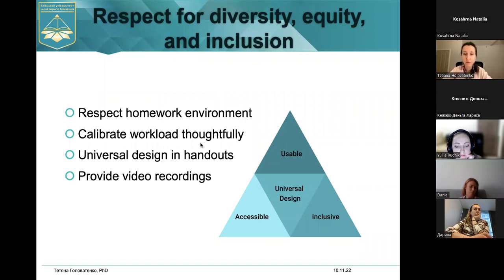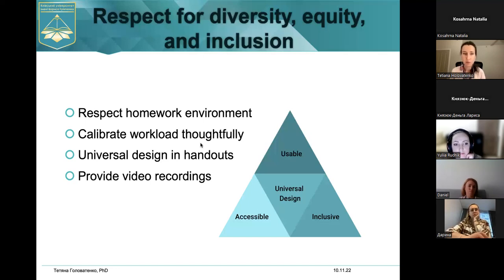Also, do not cover only presentations in your classroom, but also handouts that you share beforehand with the class. It is a very good idea for students to see those handouts before the class. Then if they want, they might print them, or they might upload them to different devices so that they can work with several devices at the same time. Okay, so this is about universal design.